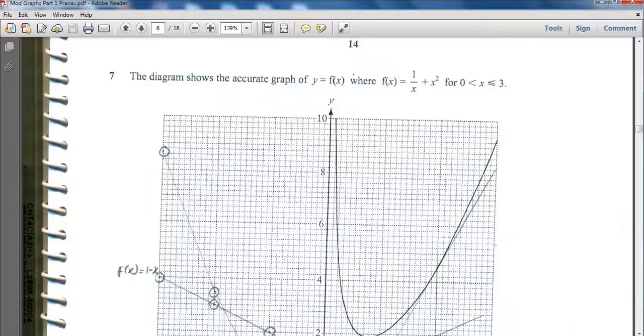Now let's look at the second question. This is the second question in the booklet. A part of the graph is already drawn over here. Y is equal to f(x), and f(x) is defined as 1 upon x plus x square. So as the question reads,